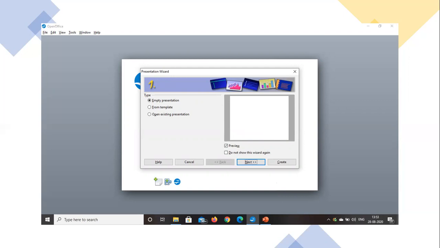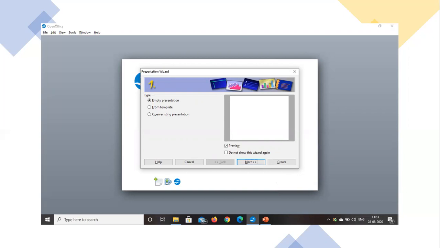Here we have three options: empty presentation, from template, and open existing presentation. Along with those, we have help, cancel, next, and create. We are going to select empty presentation because we are selecting the themes before creating the presentation.